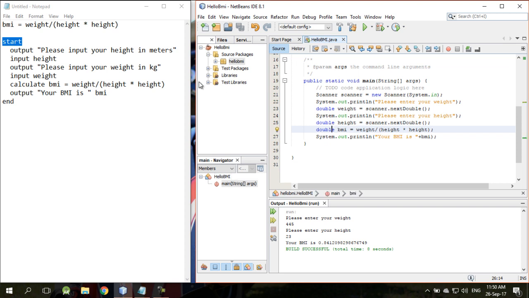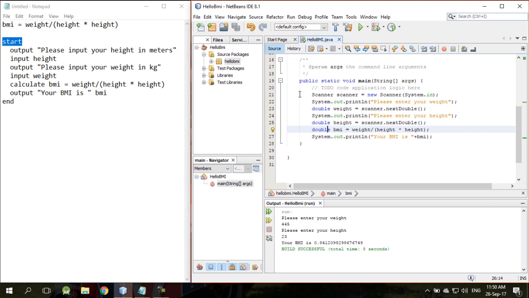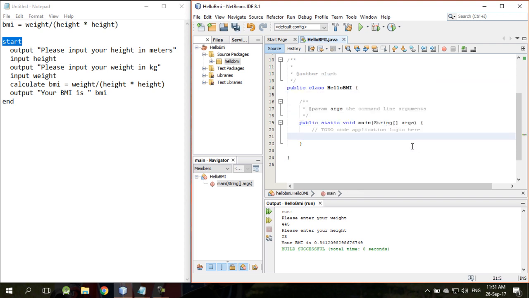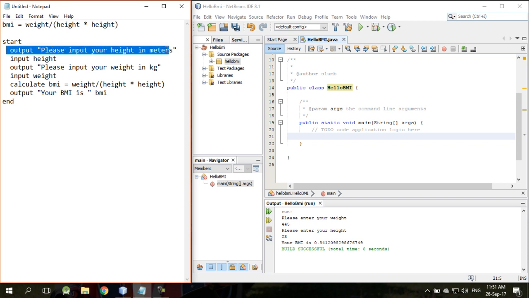When you create a new project, automatically you're given the basics, something like this. I'm going to remove this. This is the basic skeleton of a program when you create a new project with Eclipse. You give it the project name Hello BMI, and you're given the main method and also the class name Hello BMI. The first thing that we need to do is output this to the screen, to the user. So we use